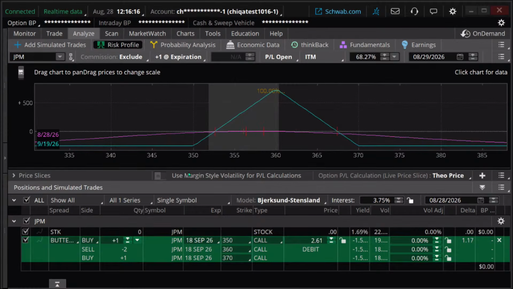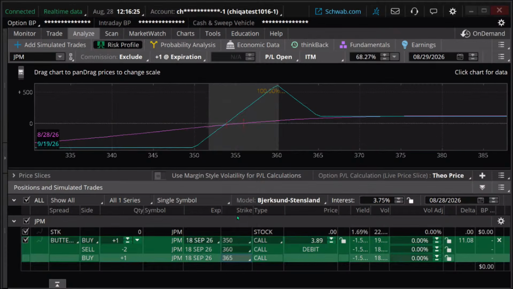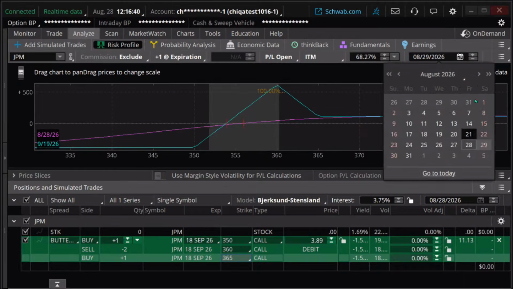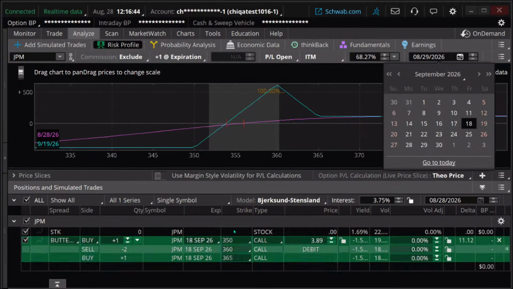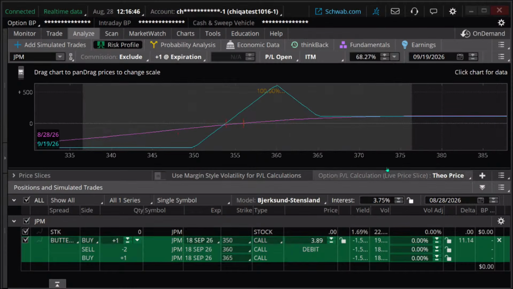Okay, so just for example, in this case, we said we're a little bit bullish on this. So therefore, I'm going to take my higher strike, which is 370, and I'm going to move it a little closer to that middle strike. So I'm just going to go with like 365. And this is what it looks like now. Does that seem reasonable? Well, maybe. Let me do my, let's see, that's our right. That's August. I don't want August. I want September 19th.